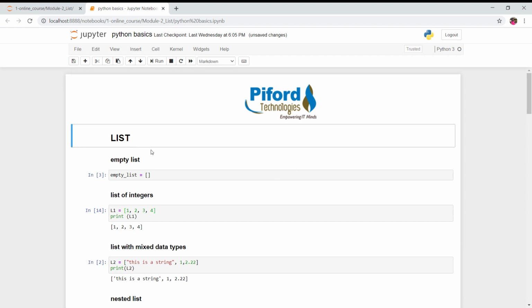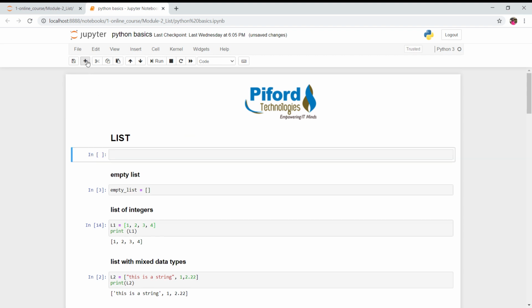Here I want to create a new cell, so just click on this plus. A list is basically a variable. Whenever you want to create a list, you need to write these square brackets. This is the syntax to create a list. Now here you can write multiple things like 1 comma 4 comma hello. So basically, a list is just like a variable, but over here we are storing multiple items. This is what a list is.